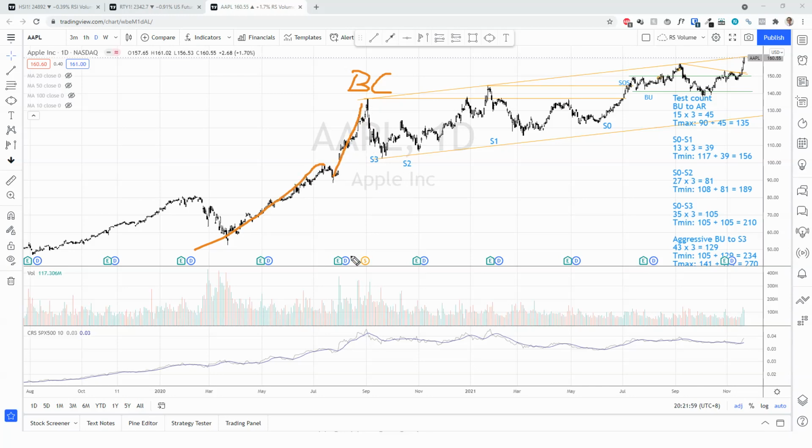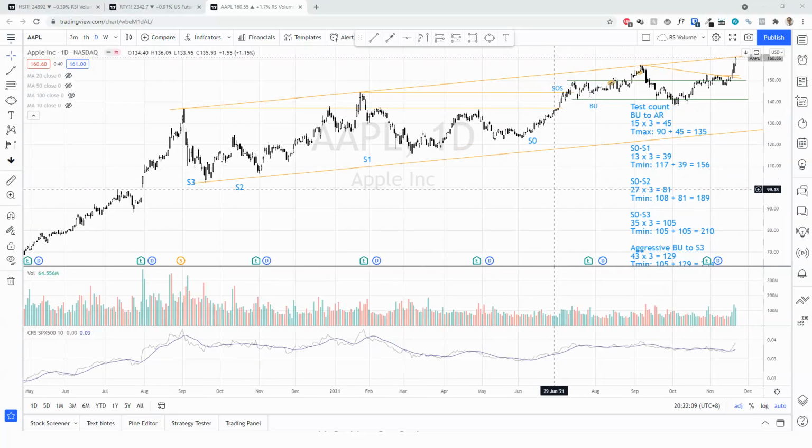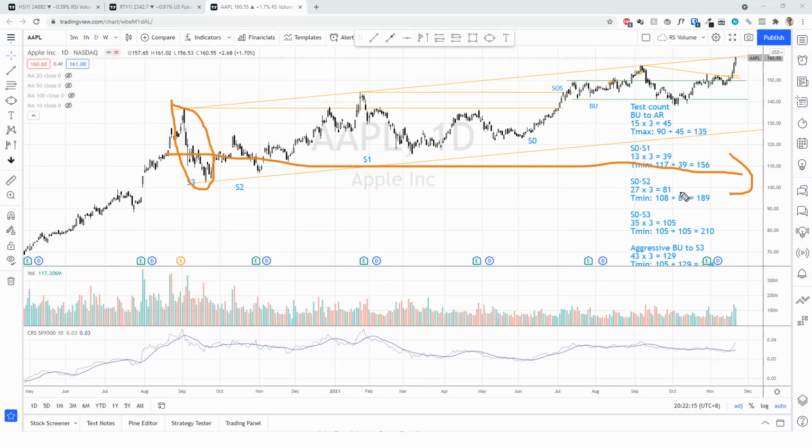Look at all the gapping up action and also climactic volume, subsequently followed by a change of character. This is the change of character that's actually stopping the uptrend, at least into a trading range. But in this case, this is an upsloping type of trading range. And subsequently, I think that concludes phase A.